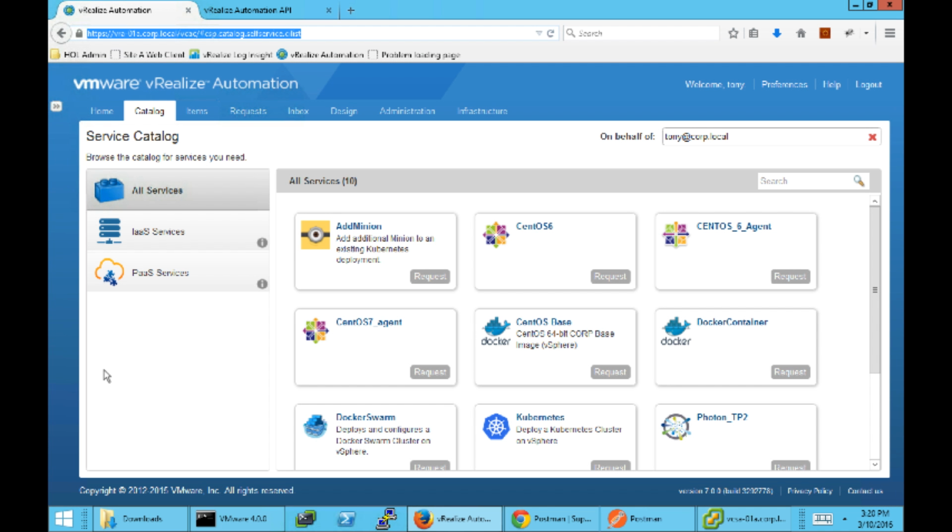Today what we're going to be doing is showing you how to actually invoke a request using the RESTful API that's part of vRealize Automation 7. As you know, there are a lot of things you can do with your mouse by clicking in the user interface. What we're going to do today is actually replicate that type of request through a programmatic interface using